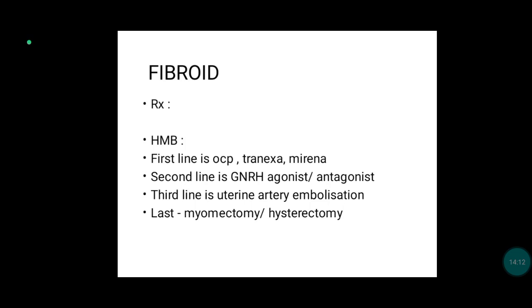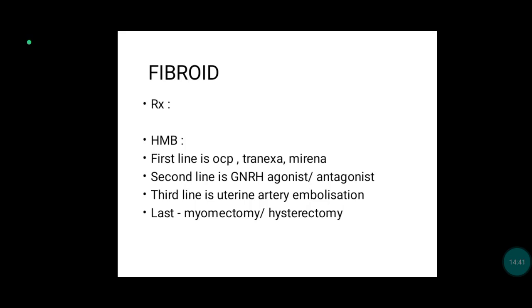For type 0 and 1 fibroids, the treatment of choice will be hysteroscopic myomectomy. For other fibroids, we have to do medical management. In medical management, first line will be OCPs, Tranexa, and Mirena. These three will be the first line drugs given for heavy menstrual bleeding in fibroid. OCPs are the drug of choice in fibroid. These first line drugs will not decrease the size of fibroid, but they